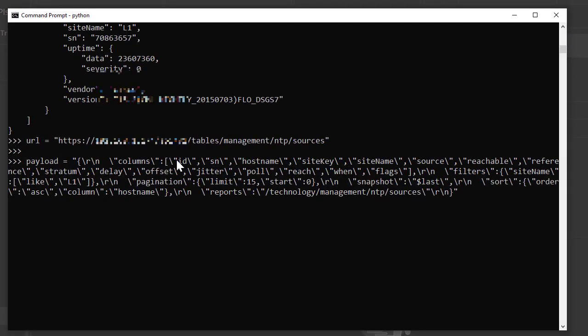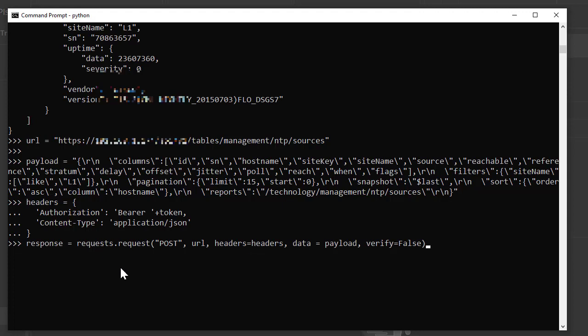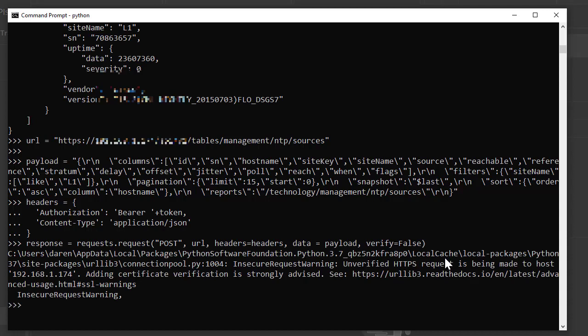Here's our URL and payload again, and you can see the payload is slightly more complicated again, but still with that filter line embedded in the middle. The headers value, same as before, we incorporate the bearer token directly in there. And again, for our request, we post our URL, same as before, with the headers, with the data payload, and with verify equals false to make sure that we only get the insecure request warning, but it carries on and completes the job. Now, we can grab the config sources, the NTP sources,